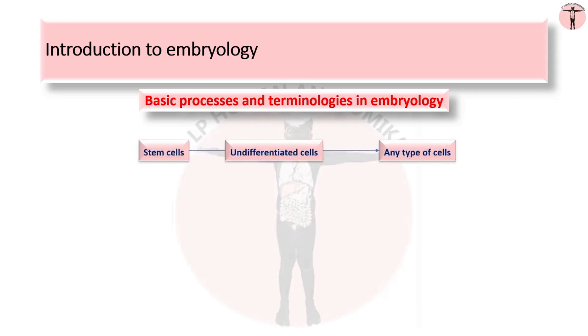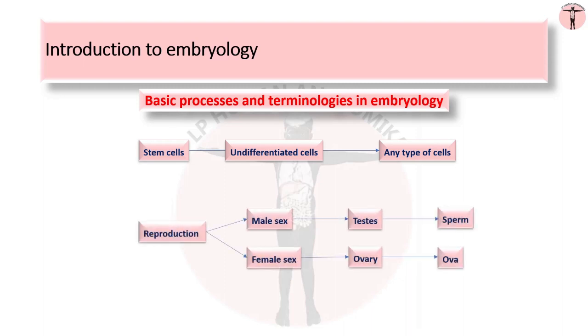Stem cells. These are undifferentiated cells having capacity to differentiate into various types of cells by replication. Reproduction. It is a mechanism to produce new generations of the species continuously. For reproduction, vertebrates require the presence of two different sexes, that is male and female, which differ in external and internal sex characters. The internal sex organs, that is gonads, testis and ovary, produce gametes, sperm and ova, that differ